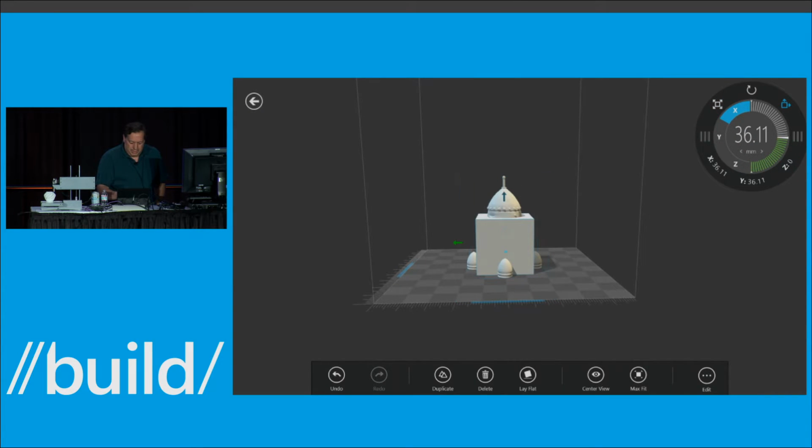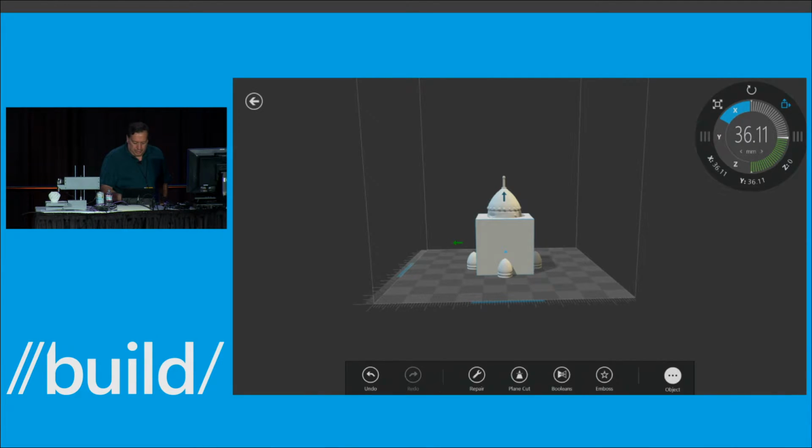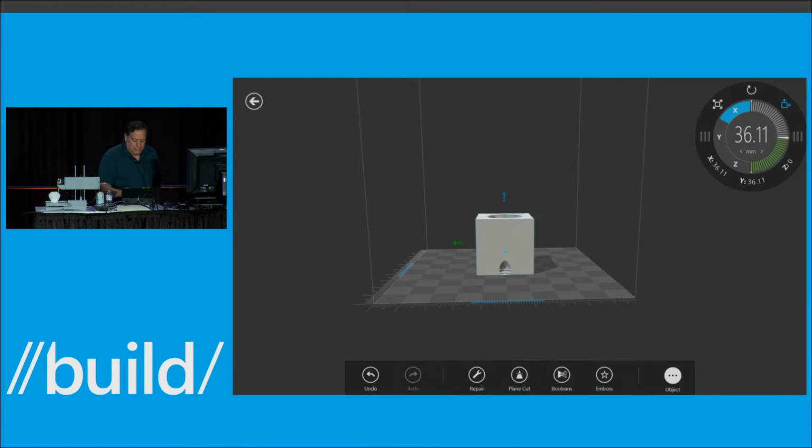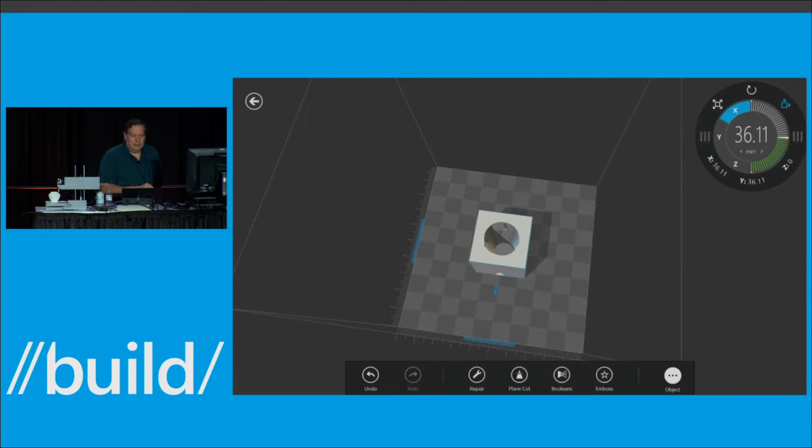to make a mold. So first I'm going to select the box. I can't tell if it's selected or not. Yes, it is. So I'll select the box, and I'm going to do a Boolean operation. And by the way, we're going to change the name. We're not going to call it Boolean because we're going to call it merge or subtract or something. But I'm going to do a subtraction operation with that device. And then what it did was it subtracted the rocket out of the box, which is kind of nice because